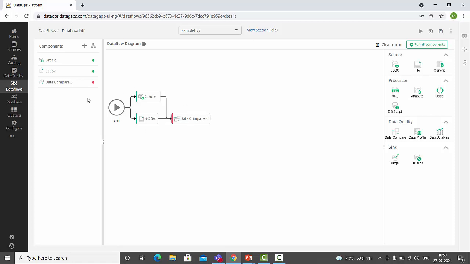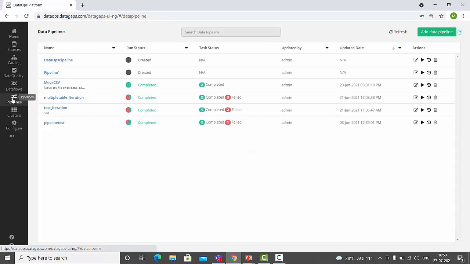After this, we have something called pipelines, which automates your execution process. Once you create the data flows, we just drag and drop all the components, you create a data flow which executes your test job. So these data flows can be run in parallel or serial order using the pipelines. So this automates the ETL testing process, be it for multiple tables you may have. So in that case, we can create different data flows and then we can execute them in serial order or in parallel using the pipelines.